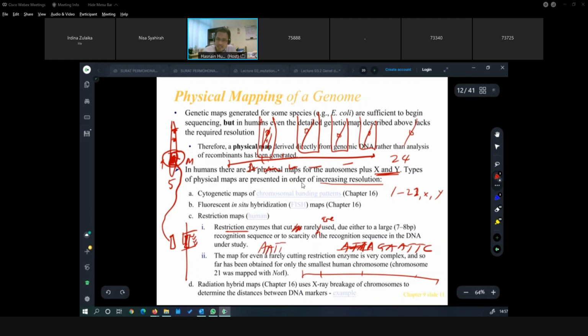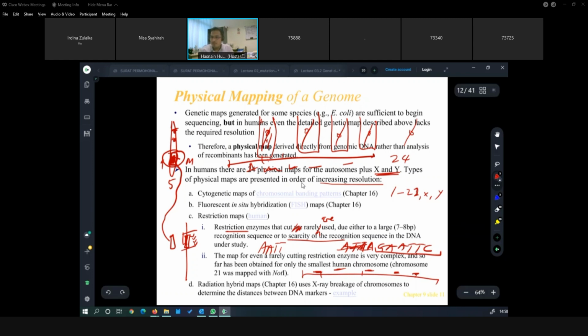Okay, but if you have another sequence, AATT, which is another enzyme, it only cuts at 4 bases. The probability of this sequence AATT is higher, so it can cut at many more places. So the more letters there are, the less frequently it will be found on the chromosome. That is what is meant by the scarcity of the recognition sequence as its size gets bigger.